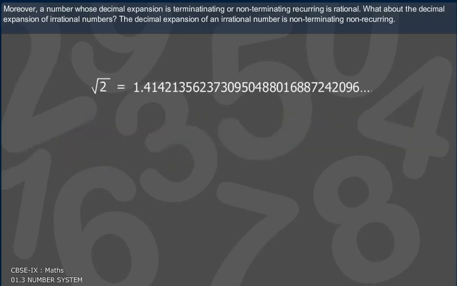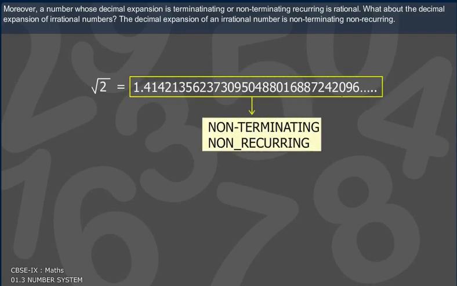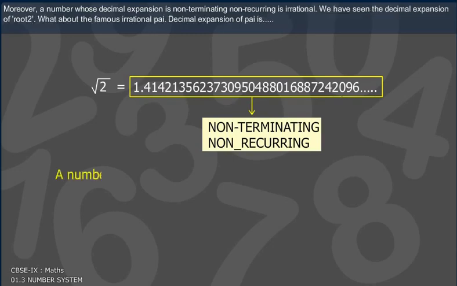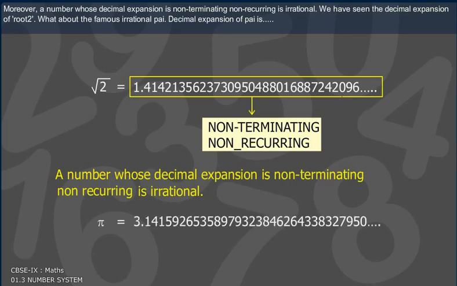What about the decimal expansion of irrational numbers? The decimal expansion of an irrational number is non-terminating, non-recurring. Moreover, a number whose decimal expansion is non-terminating, non-recurring is irrational. We have seen the decimal expansion of root 2. What about the famous irrational number pi? The decimal expansion of pi is